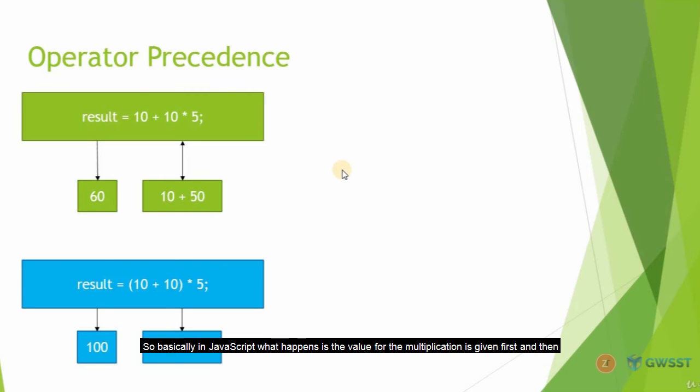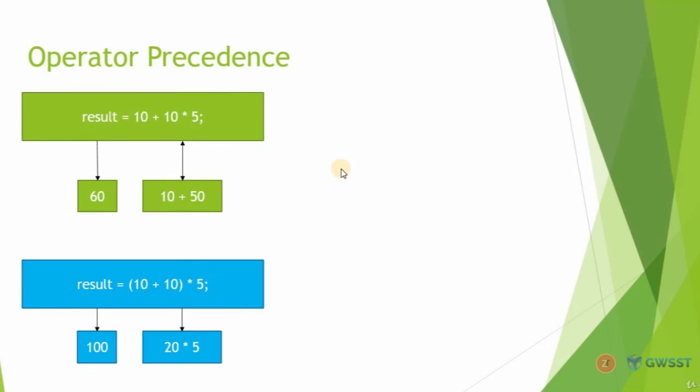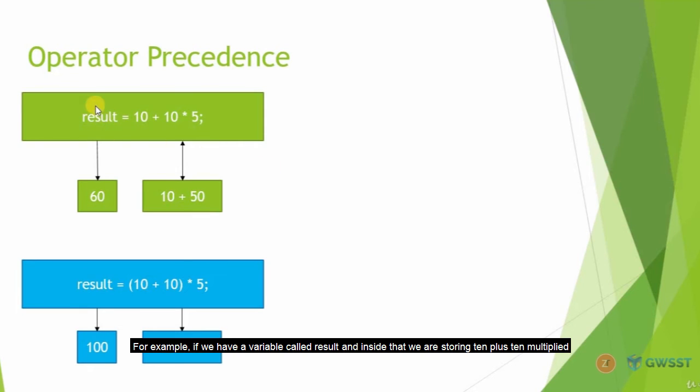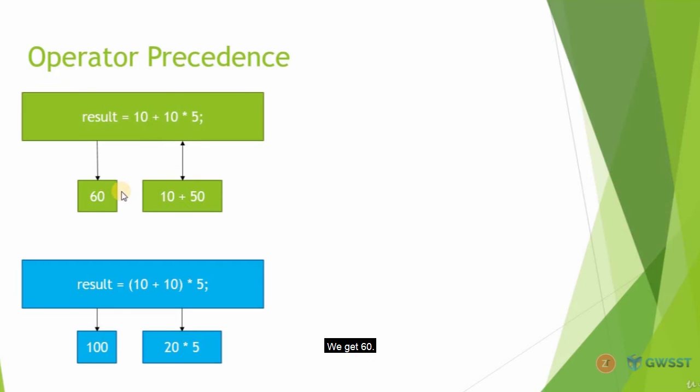We have operator precedence. So basically in JavaScript, what happens is the value for the multiplication is given first and then the value for the other operators are given next. For example, if we have a variable called result and inside that we are storing 10 plus 10 multiplied by 5, which should be the answer actually 100, but we don't get that 100 here, we get 60. That's because the multiplication happens first. So we have 10 into 5, which is 50,